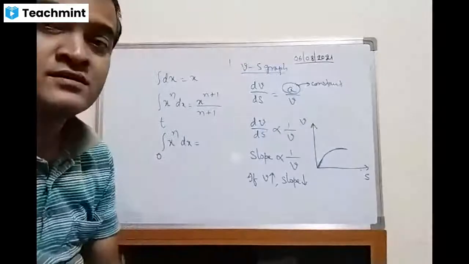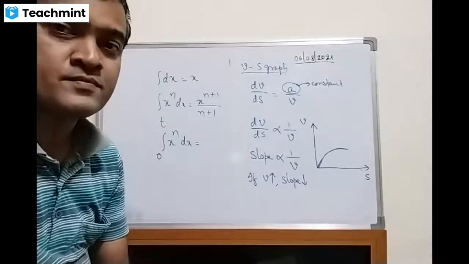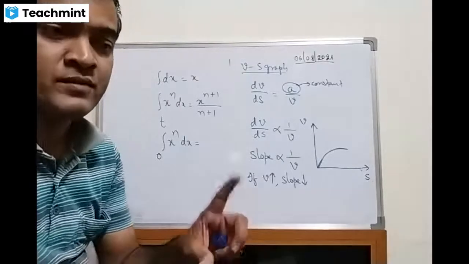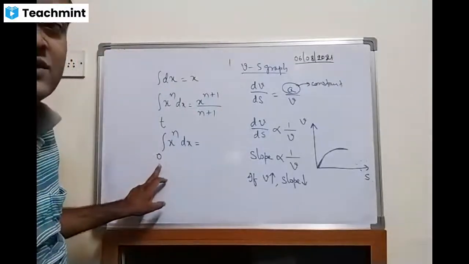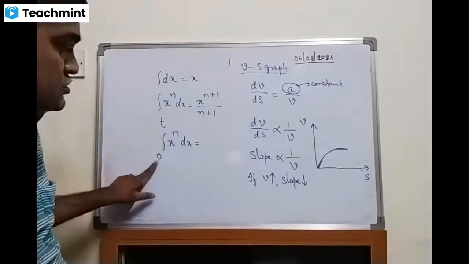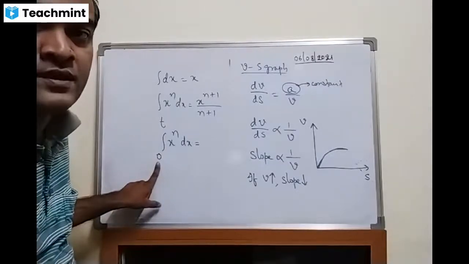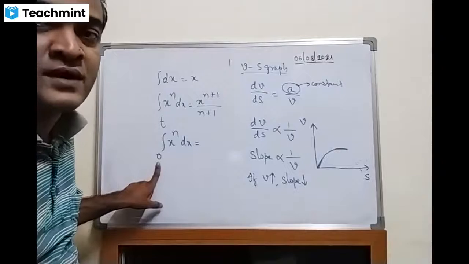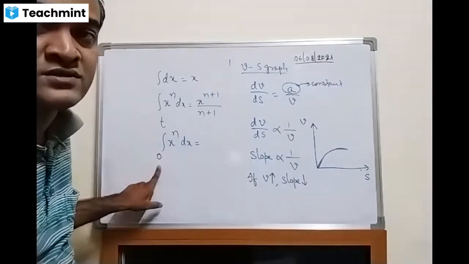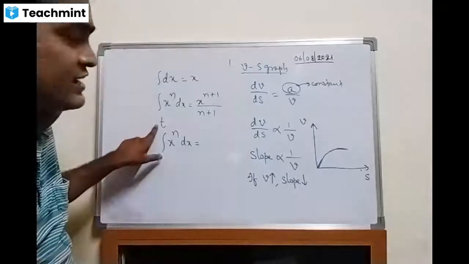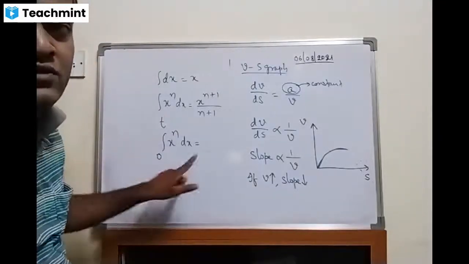From where have I started? Initial time is how much? Initial time is 0. Now I am taking the limits 0 to t like this. So at the starting point of the particle, its velocity is 0, so time is also equal to 0. When the initial velocity of the particle is 0, at that time I have noted time as 0. And final time is t. So between these two time intervals only I need to find out.